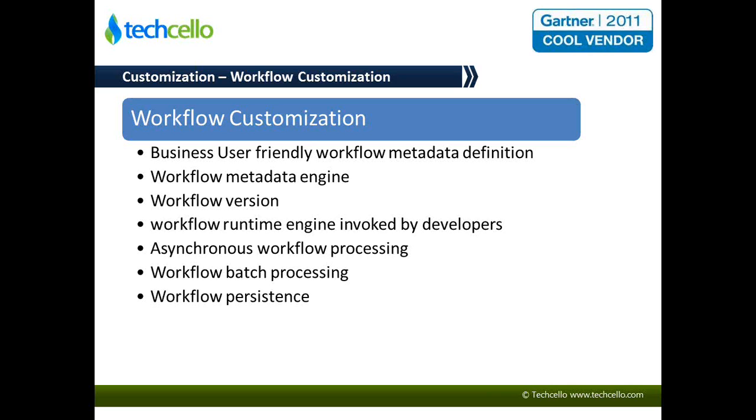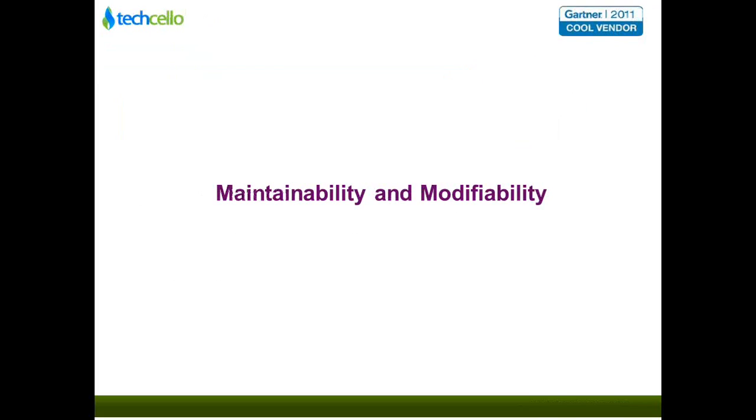So a combination of business rule customization, workflow customization, data view customization, and field customization makes your product quite powerful, and you could have a single code base and achieve different requirements that could lead to a manageable and maintainable